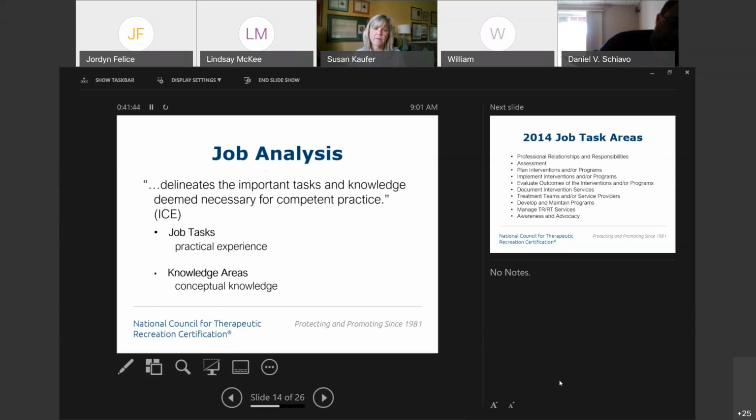So we have this survey that we ask our certificants to respond to and provide this information for us. Once we receive those survey results, they are processed and broken out into two parts: those job tasks important for practice, and the knowledge areas important to better perform all of those job duties, those daily things that we do as recreational therapists.